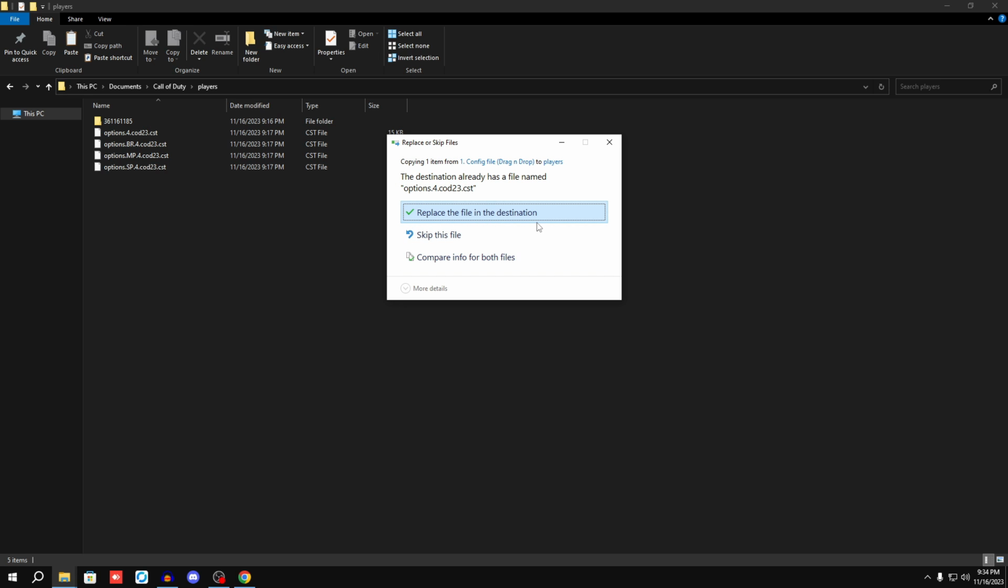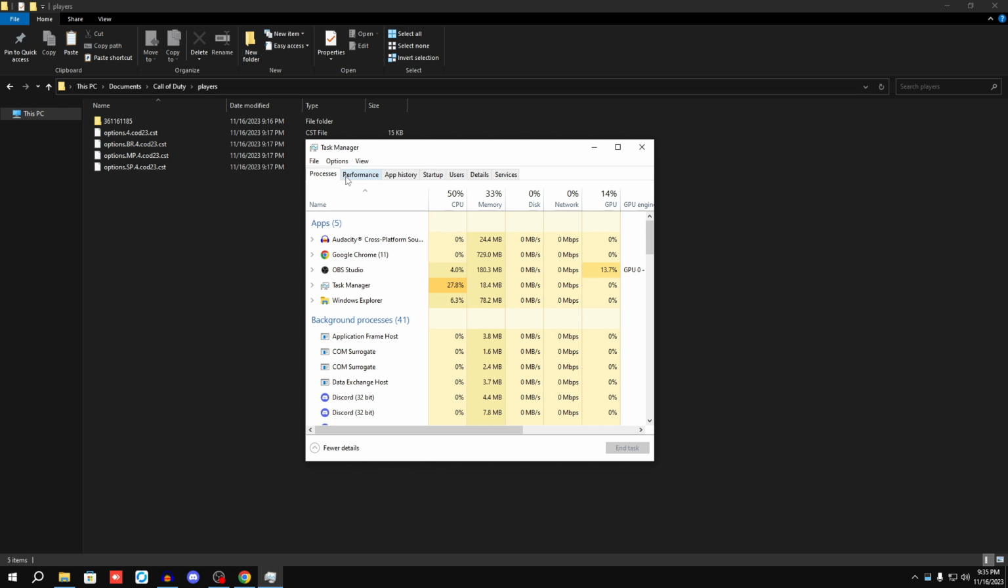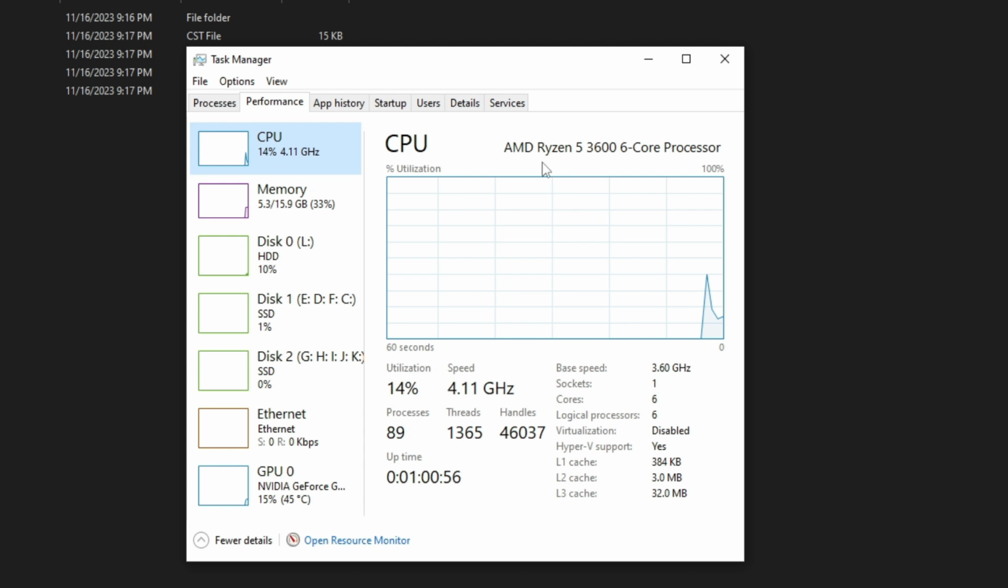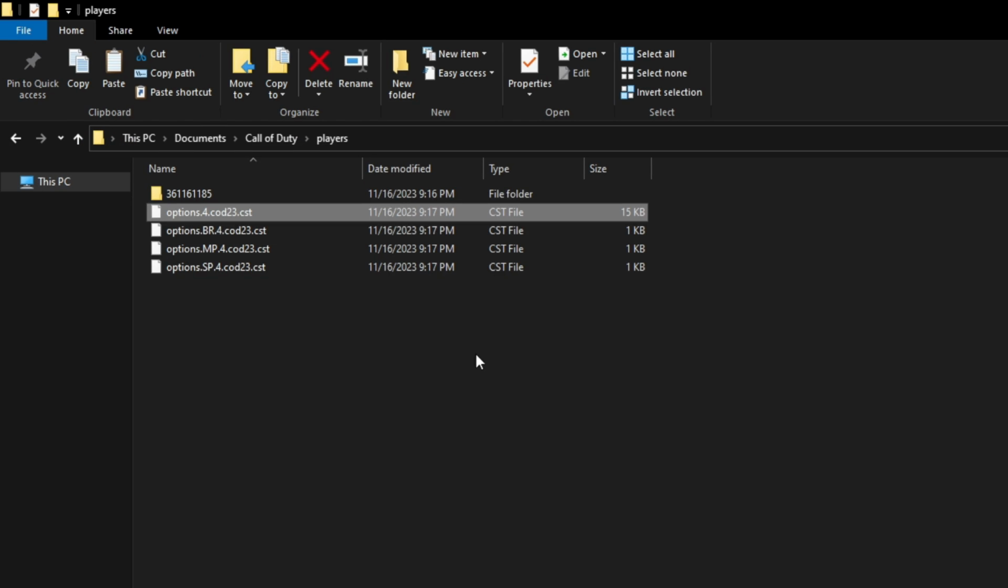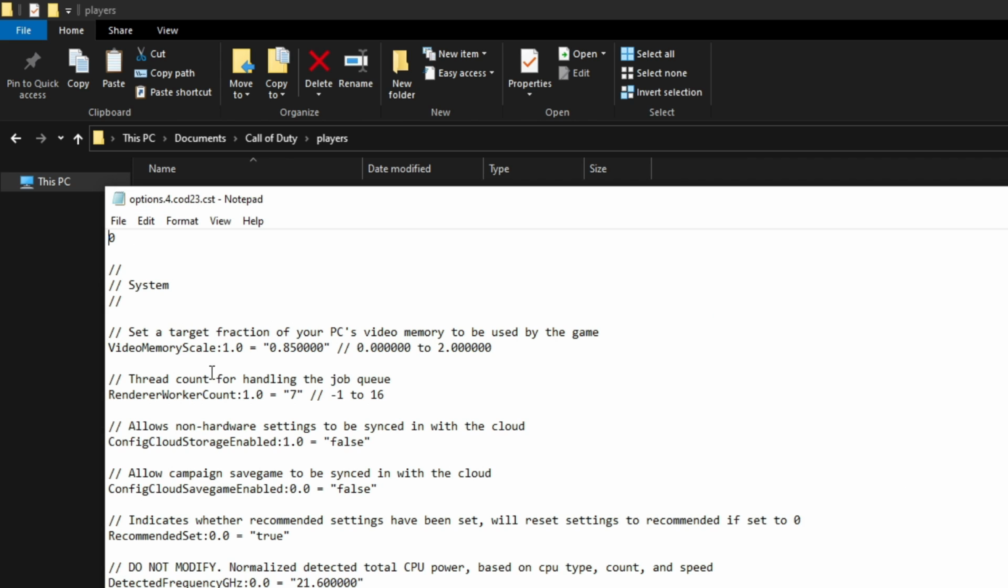Alright, now we're gonna change something called render worker count. The gist of it is you're gonna open up your task manager, go to performance tab, go to CPU, and I have a 6-core CPU, as you can tell, cores 6. So what I'm gonna do is I'm gonna subtract 1, and that number I'm gonna place it in this notepad. So we're gonna open it up with notepad and find render worker count. I'm gonna change this from 7 to 5 and then press save, and that's going to be the render worker